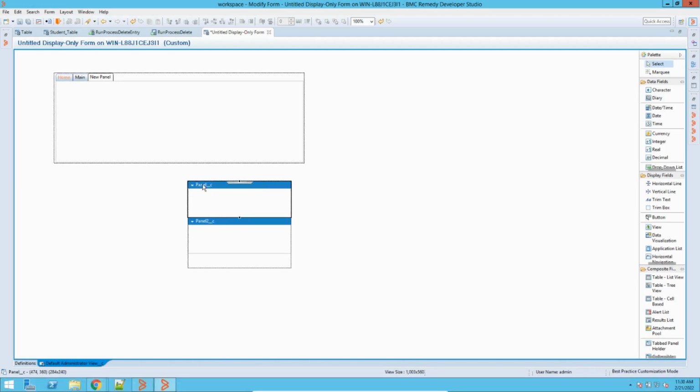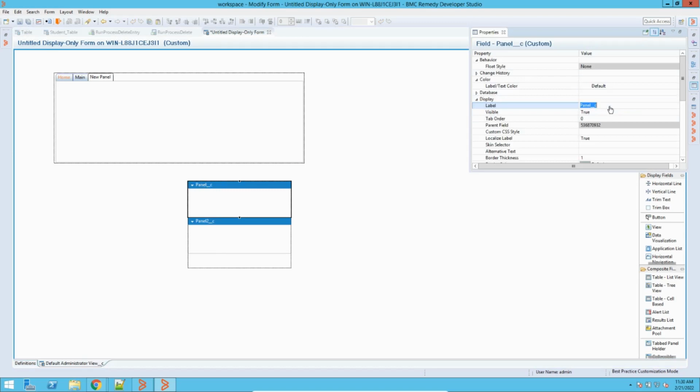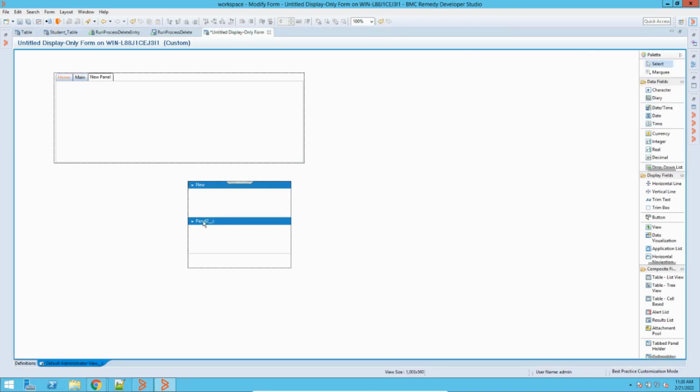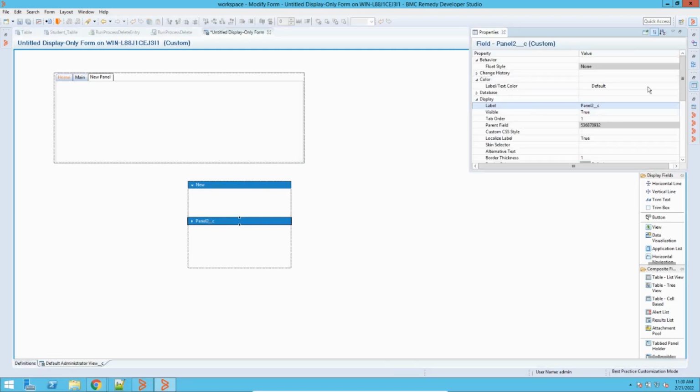So here also, if I double click on this, I can change the name. Suppose I will say new. Then similarly, I will change the naming here to assign.